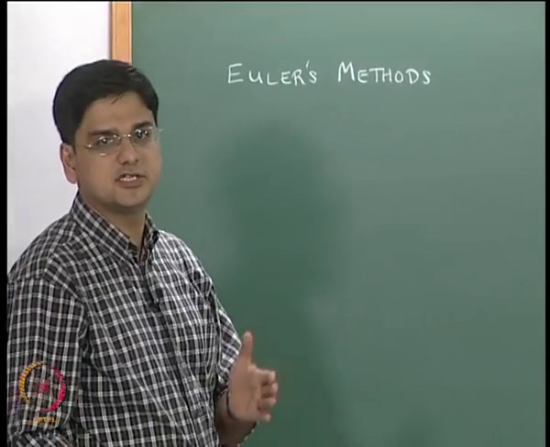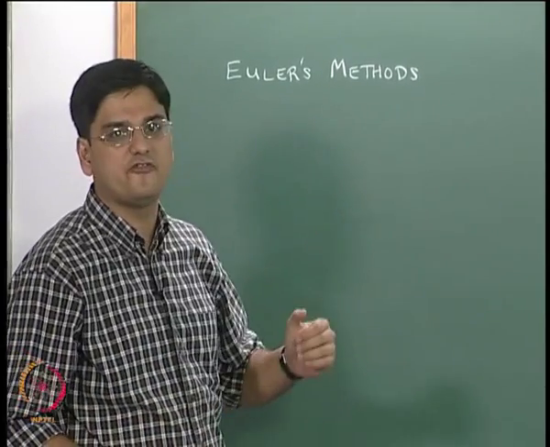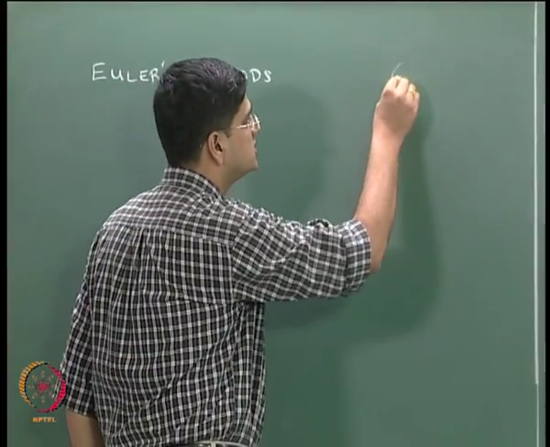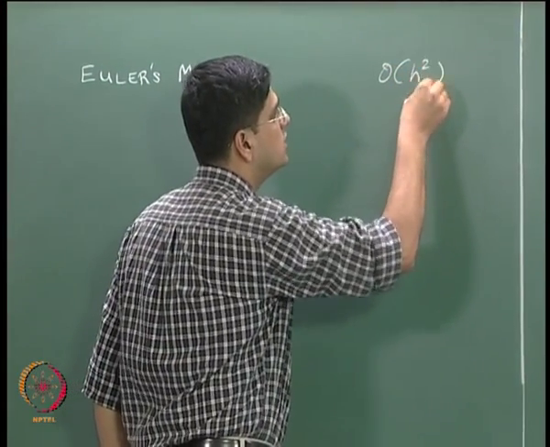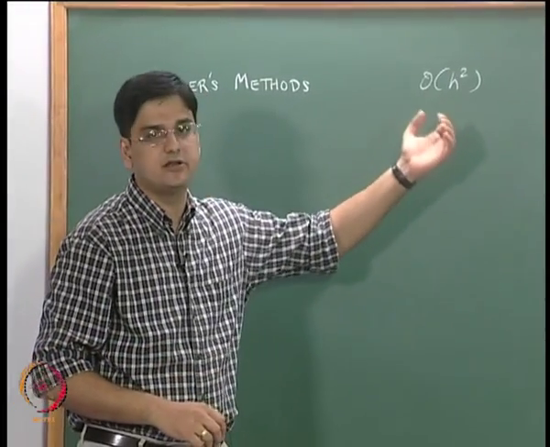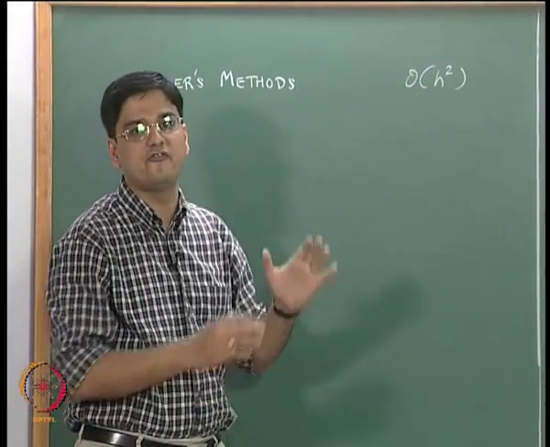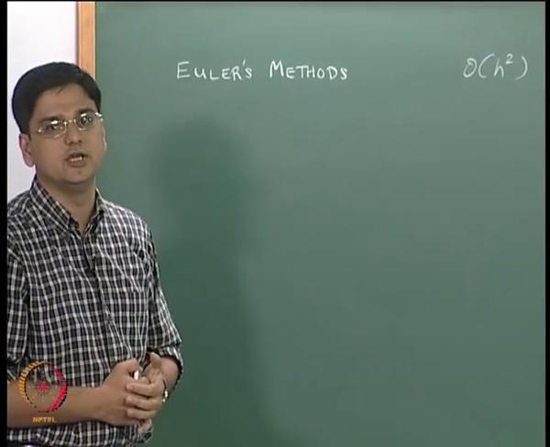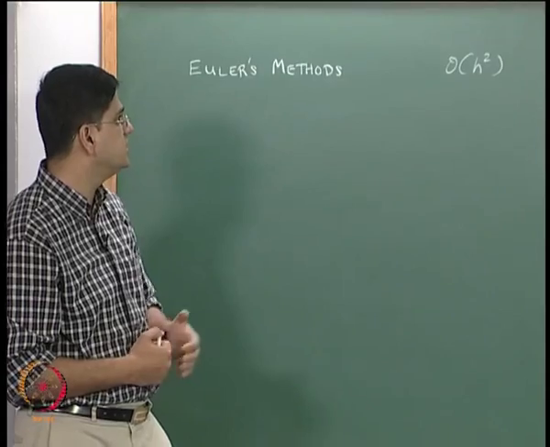And in the previous lecture we did the error analysis for Euler's explicit method, and we found that the Euler's explicit method had a local truncation error of the order of h squared. That means that the error varied with square of the step size that we chose in order to solve the ODE problem using Euler's method.